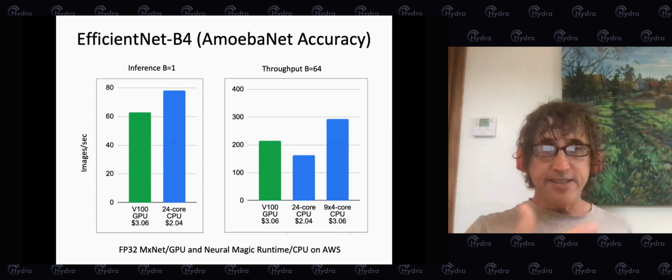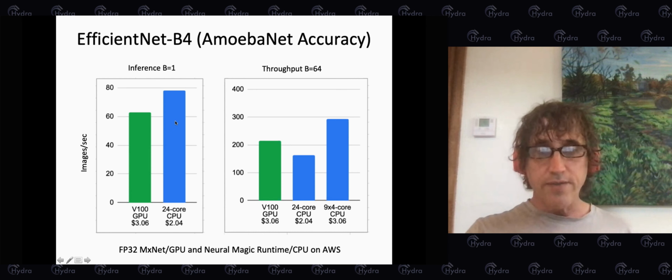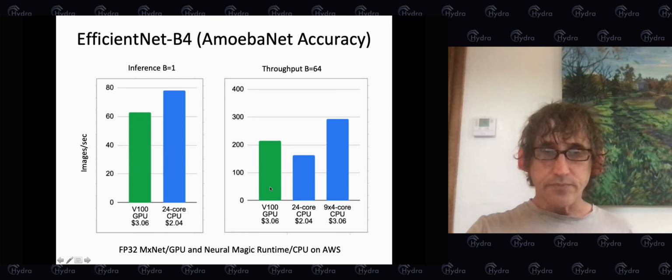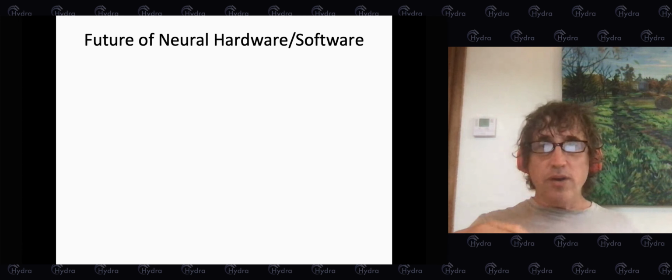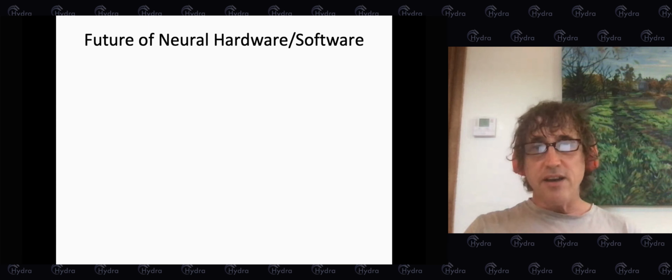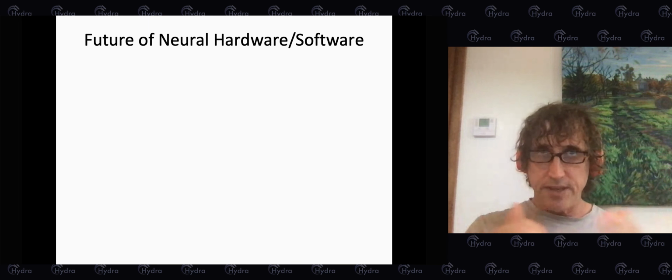And here's another example. This is a bigger EfficientNet, and again you can see the V100 is not performing as well as a 24-core CPU. So this time it's not a 4-core. This is a bigger network. You need a bit more compute, but again it's competitive. So the fact that I can run on a CPU and compete with these accelerators, with the GPUs,